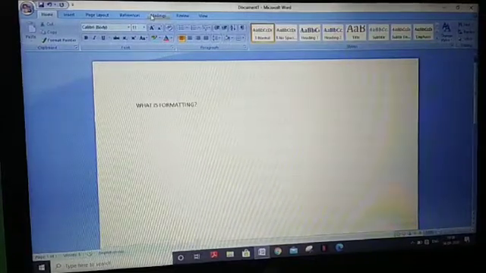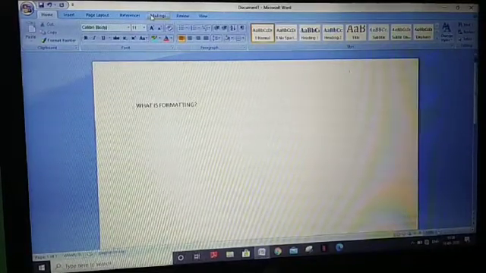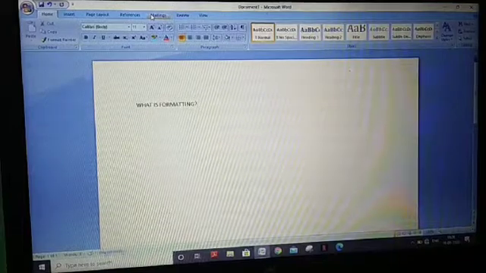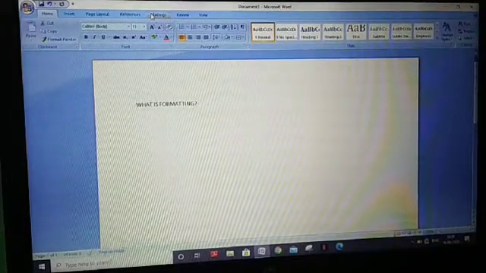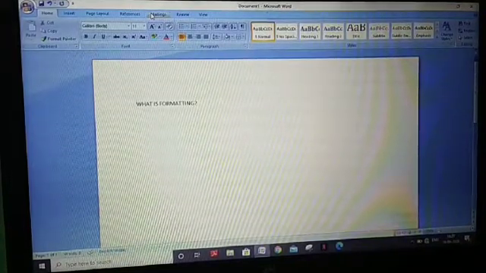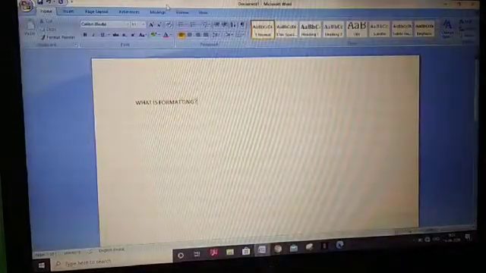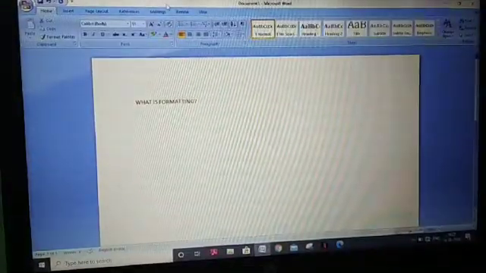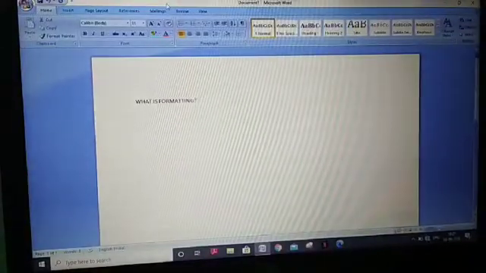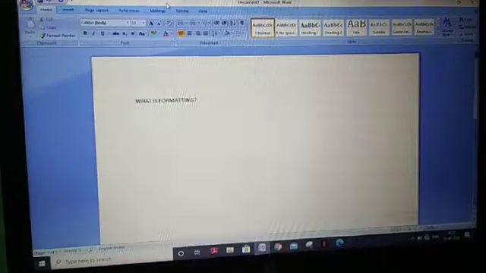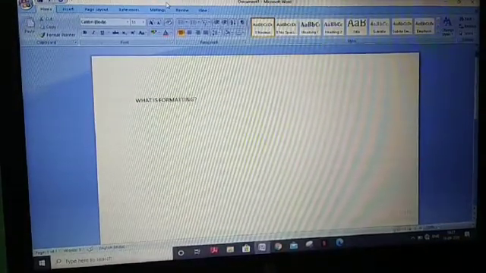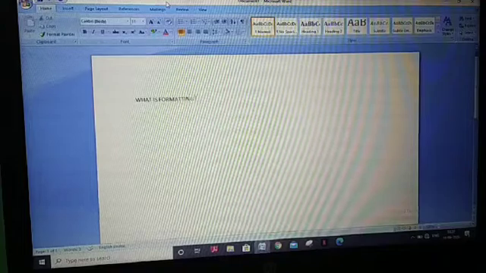As you know, MS Word is word processing software. Word processing software means software which helps us to create documents, text documents. It helps make documents with an official look.